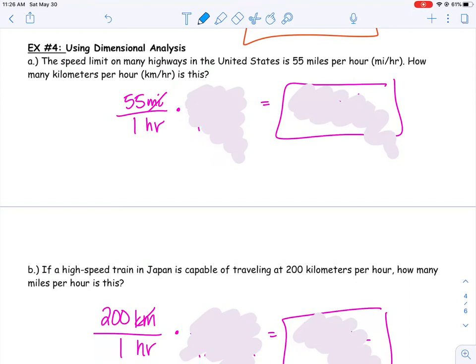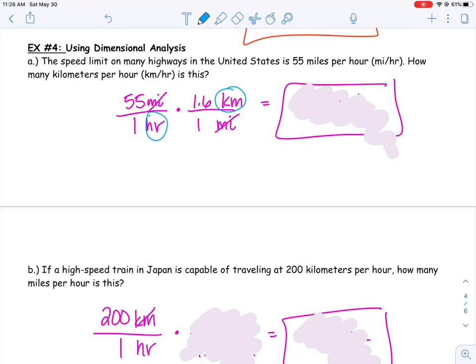So let's start off with the 55 miles per hour. And so I've written it as a fraction. There are 55 miles per 1 hour. And so what I want to end with is kilometers per hour. I really want kilometers to be in the numerator and hours to be in the denominator. So my final answer is in kilometers per hour. So I want to get rid of miles. I want to put the miles on the bottom. And I want to convert it into kilometers. The miles should cancel, and then you're left with kilometers per hour, which is what you want your final answer